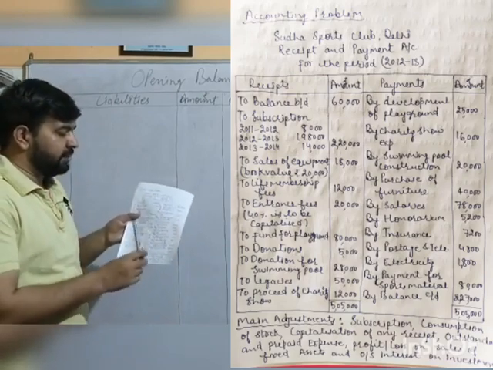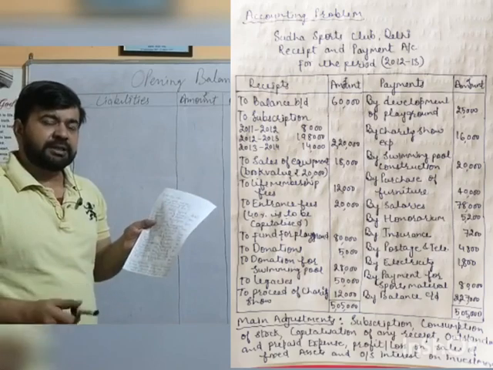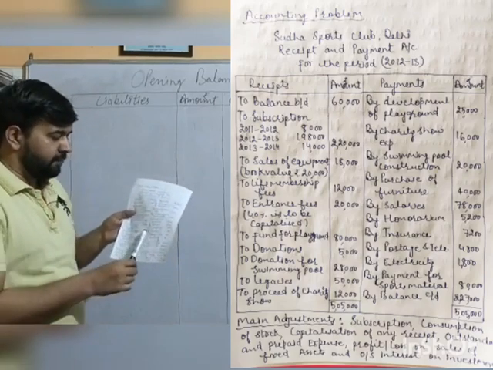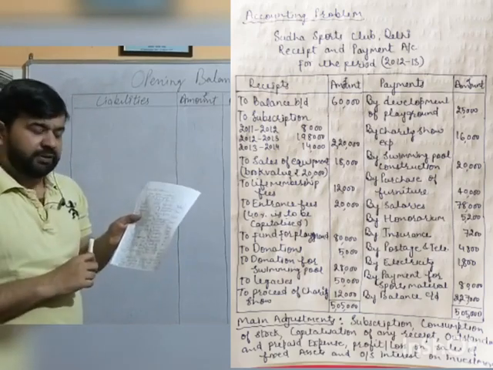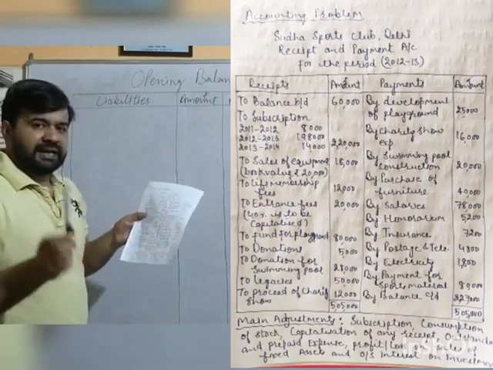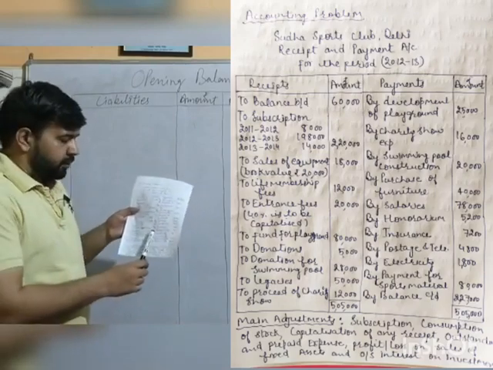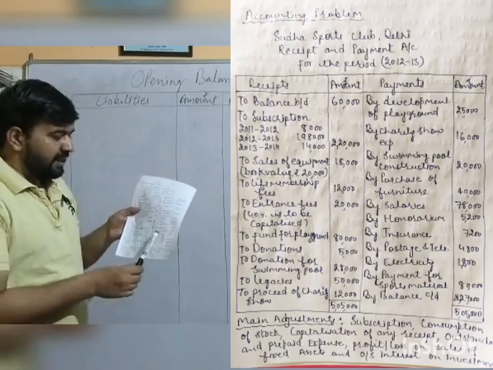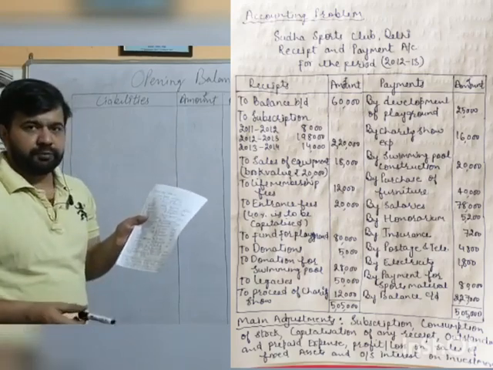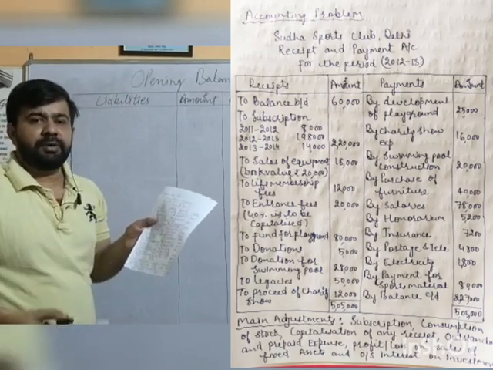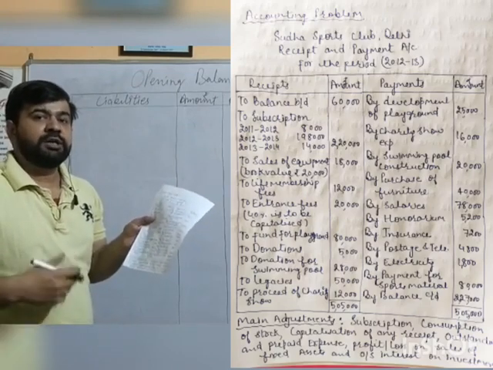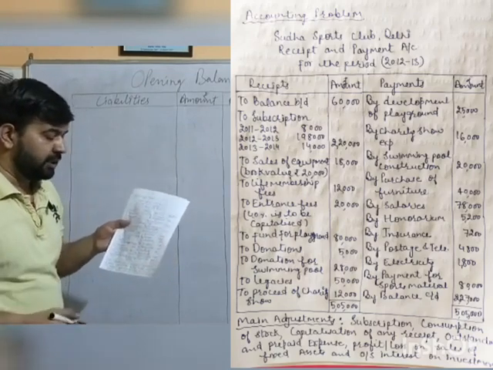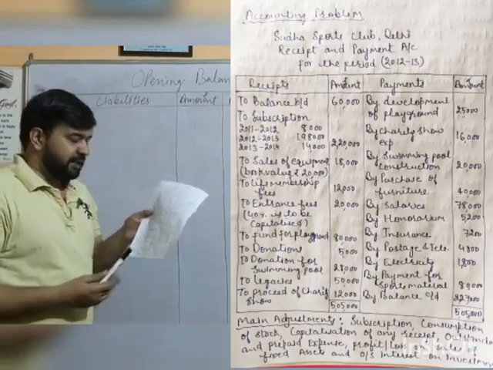Then we have honorarium, revenue nature, recurring nature expenditure, expenditure side of the income and expenditure account. Insurance, expenditure side of the income and expenditure account, considering the adjustment given if any. The postage and telegram, recurring nature, expenditure side of the income and expenditure account. Electricity is a utility bill. Okay, we make periodic payment of electricity that is related to recurring nature, so we will also transfer it to the expenditure side of the income and expenditure account.